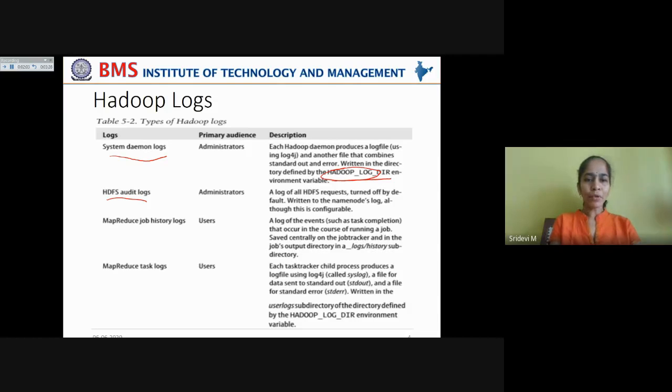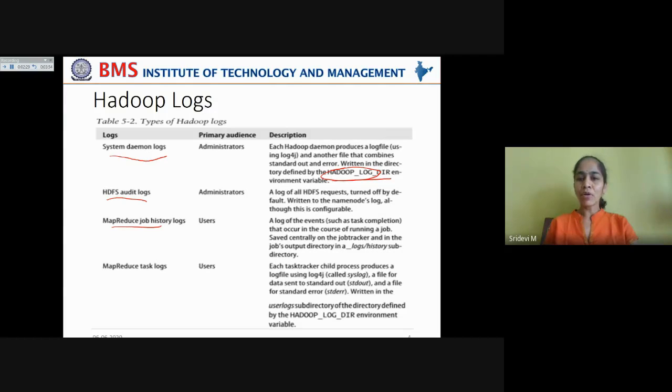Another type of log is the MapReduce job history logs. The intended audience for this is the users, those who want to actually execute a MapReduce job. They would be interested in these MapReduce job history logs. This is a log of the events that occur in the course of running a job, such as task completion, when the task has started, when it has completed.